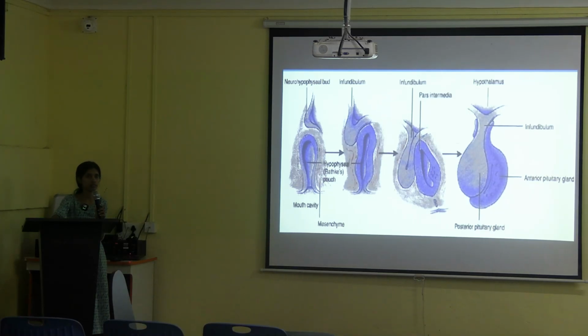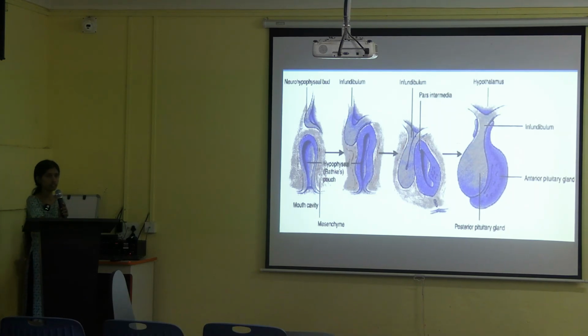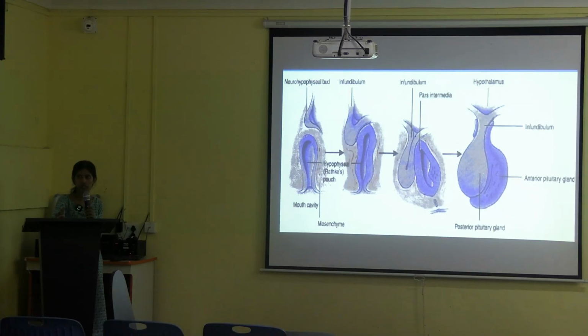Any doubts? Any doubts in this? No doubts? Sure? Okay, so what about the development weeks, what you have written? It will start developing in the 5th week, 3rd to 15th week, okay? Any other answers? The early development starts in the mid of the 3rd week, and the fusion of the anterior and posterior parts will take place by the end of the 15th week or in the early 16th week. Okay, these are the answers. Is it clear? Any doubts?